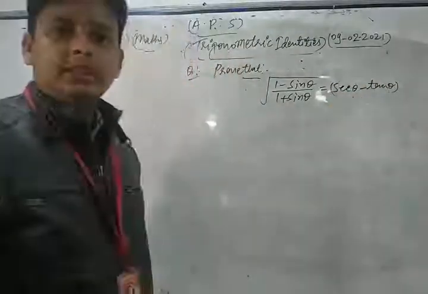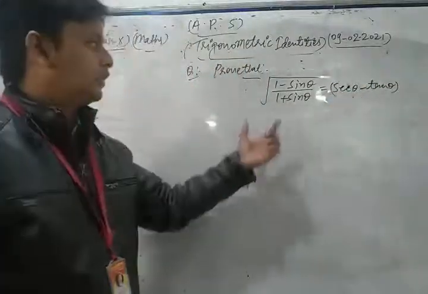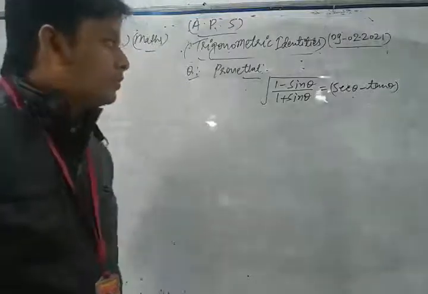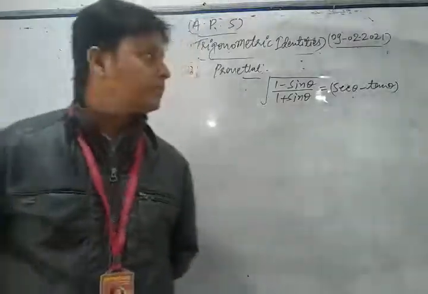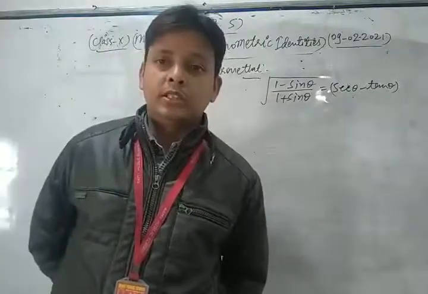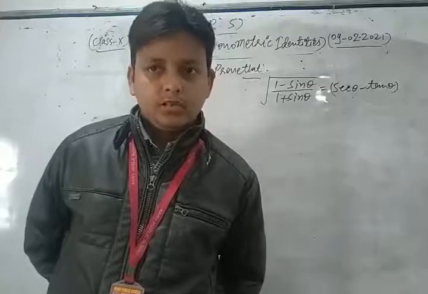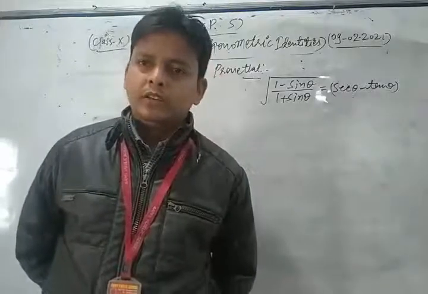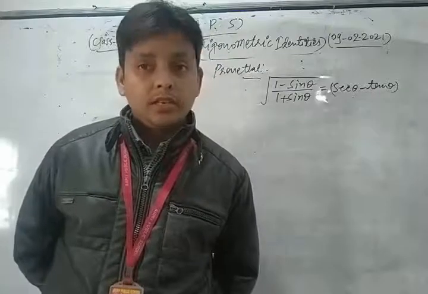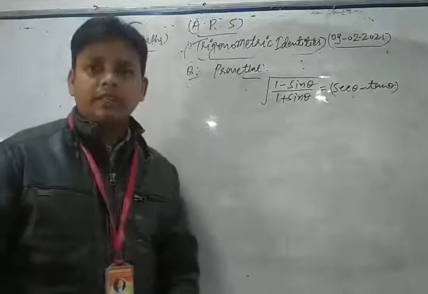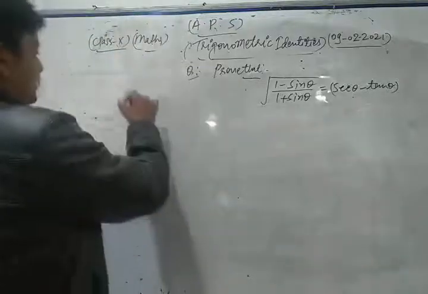Okay, this is the question here. We have to show that the square root of 1 minus sin theta upon 1 plus sin theta is equal to sec theta minus tan theta. So what is the process, dear students, to prove this type of question? There is only one process. In this type of question, we first of all take the left hand side. Let's see its solution.